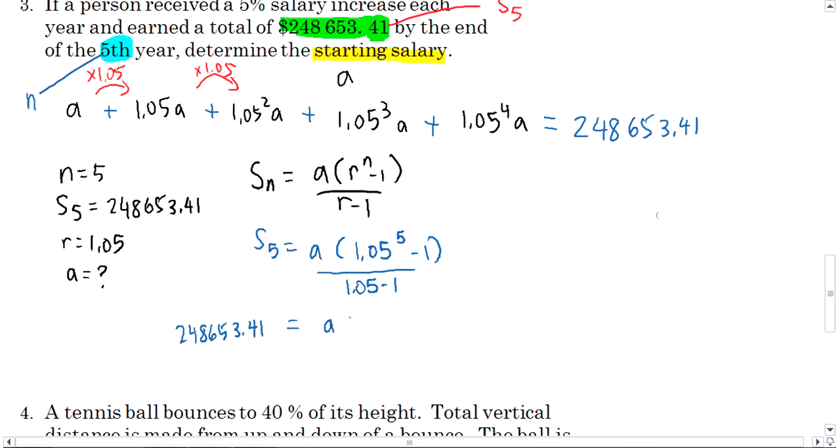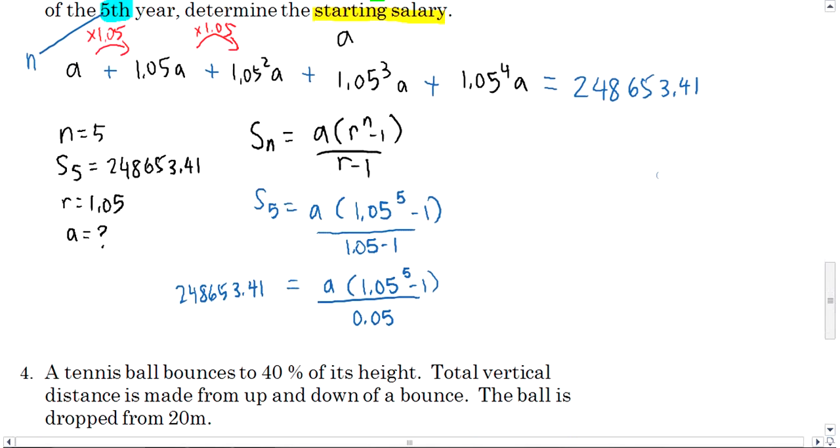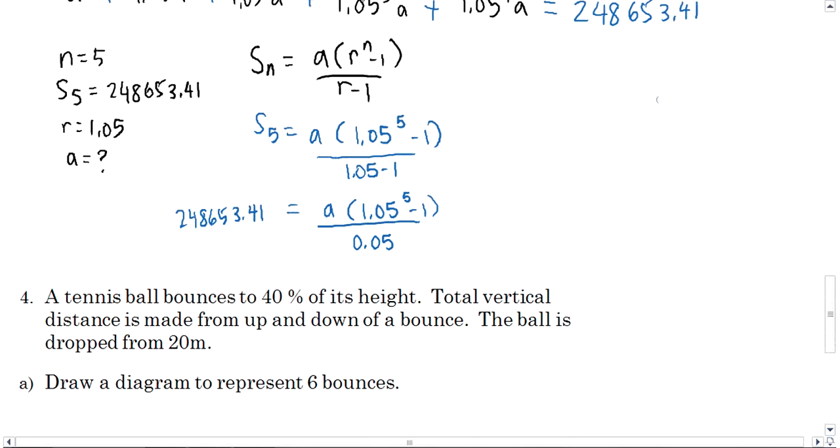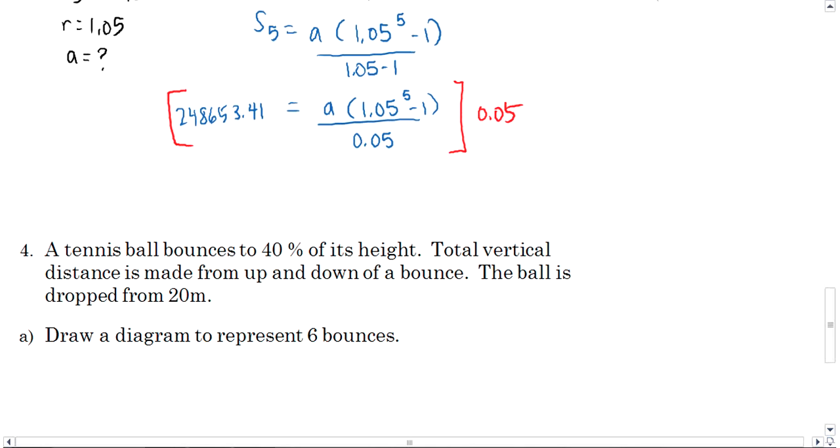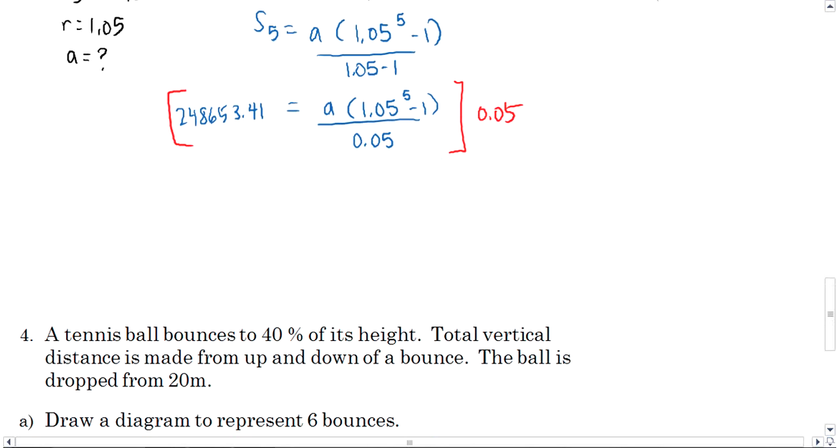So let's just simplify it a little bit. I'm going to leave the top as that because it's probably going to be a long decimal, so I will just simplify this down here. Okay, well, we're solving for A, so you must isolate A. So I think the next logical thing is to multiply both sides by 0.05 to get rid of your denominator. So let's do that. And insert more space because it's getting squishy here, a little bit claustrophobic. Okay, multiply both sides by 0.05,